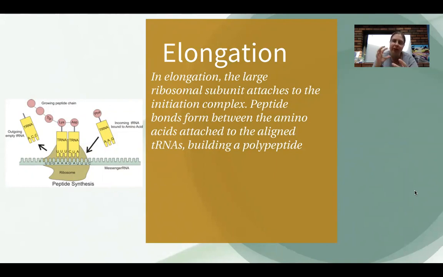So now the large subunit of the ribosome is going to attach to that initiation complex, and it's going to start reading the mRNA in terms of codons. Now the ribosome has slots to hold 2 tRNAs at a time. The first slot is called the P site, and that's the site that is holding onto the growing amino acid chain. The second site is where the next tRNA is going to drop in to add the next amino acid